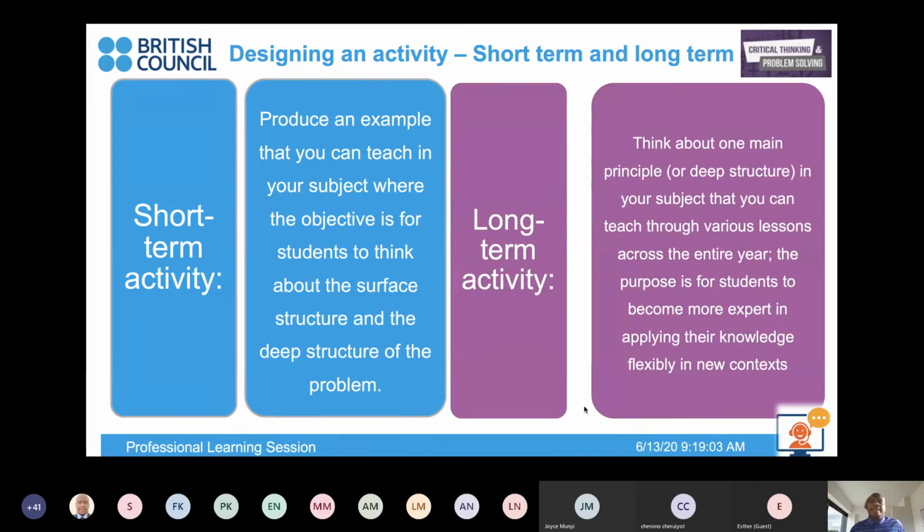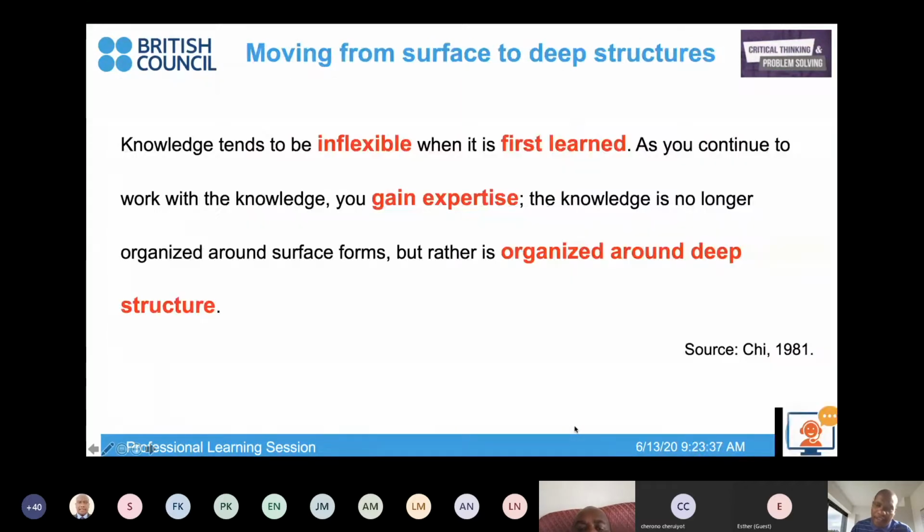Thank you, Lizzie. And then for long term, you can think of one deep structure aspect whereby they can do a project over the years and they can become experts in that particular area. So it's how you plan your lesson and you decide that for this particular part, they learn surface. Maybe they are doing solar energy, they learn about sources of energy, but then for a project of maybe 3 weeks, they create a solar cell which maybe can power a classroom. So when they are doing that, they are getting deeper structure on how solar energy works.